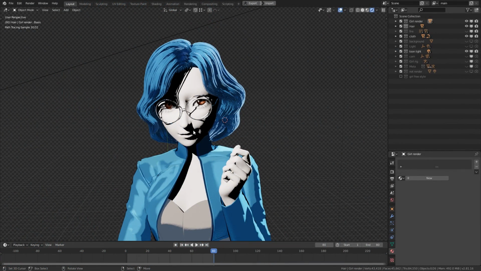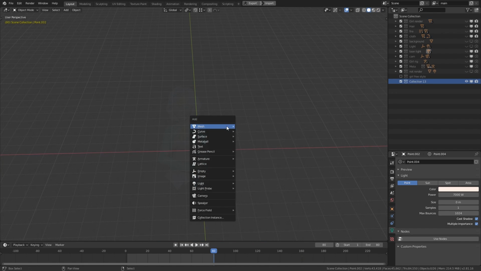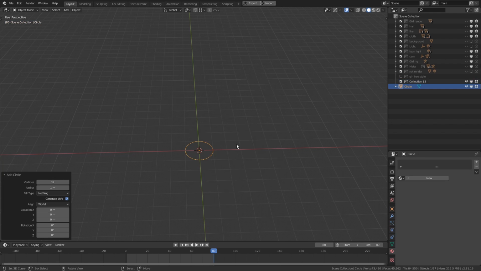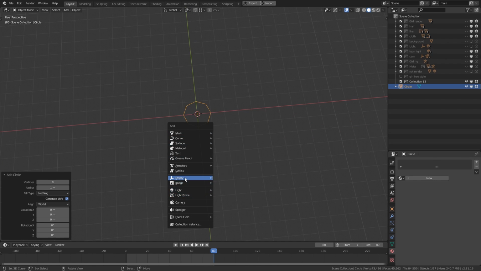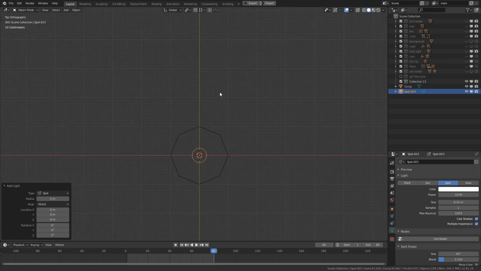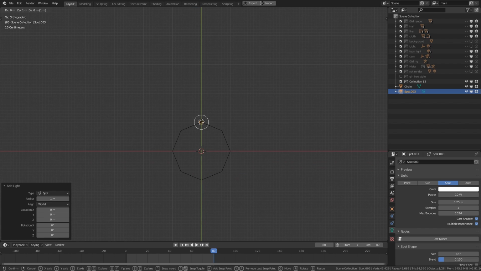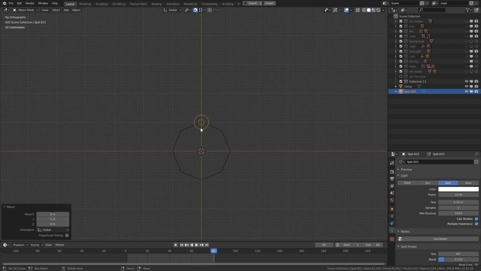Alright, this is where we left off in the last video, and the first thing we want to do is improve the lighting. Now create a circle and set the number of vertices to 8. There we go. And now create a spotlight. Go to the top view and turn on vertex snapping like so,